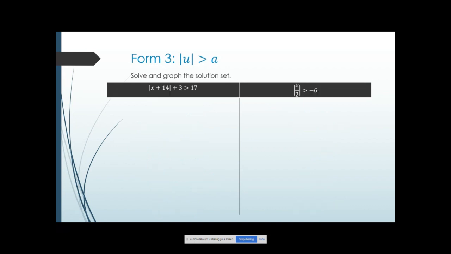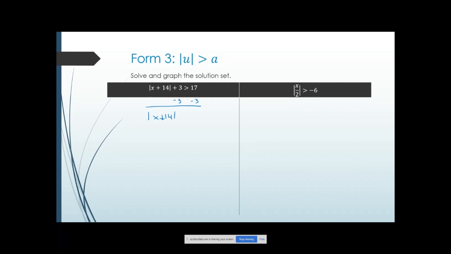Okay, now form 3 where we have the greater than symbol. So I've got two possibilities here. First one, again, because before I do anything, I have to get the absolute value by itself. So I have to subtract the 3 from both sides first. So that gives me the absolute value of x